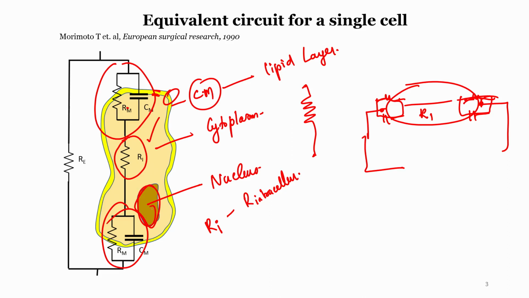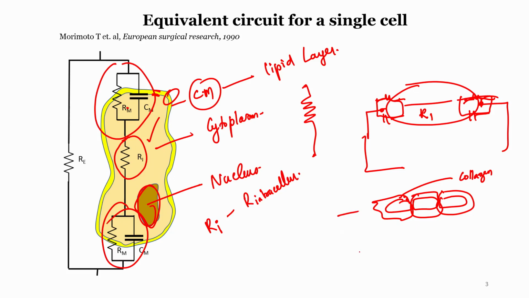Now the cell does not exist on its own. I told you many times, a cell cannot exist on its own, it has to structurally arrange itself around something called a matrix. Now this matrix usually consists of many different materials, but mostly it is called the extracellular matrix, mostly consisting of fibers, like collagen fiber, but you can just think of it as fiber. So these are non-living entities, and they are like resistances only, like you take a very high resistance resistor and you are just connecting it, it is like fibers. So that is why this collagen will come.